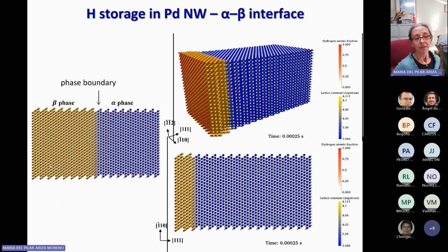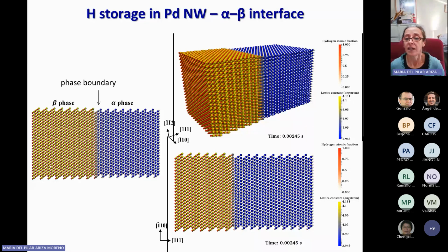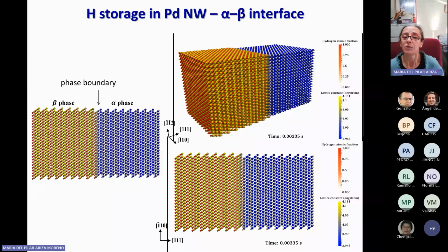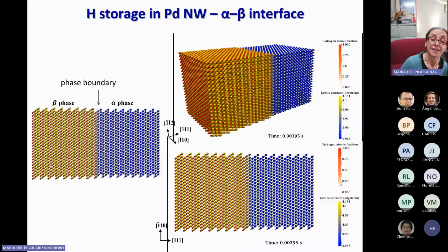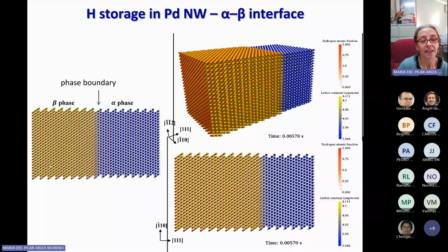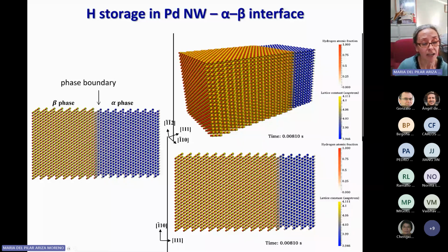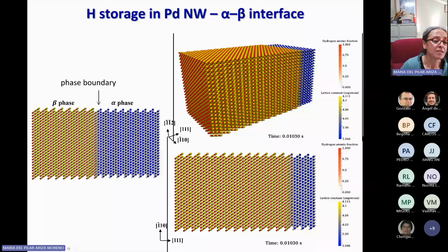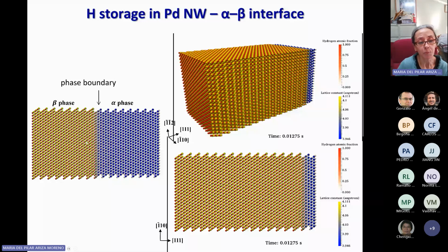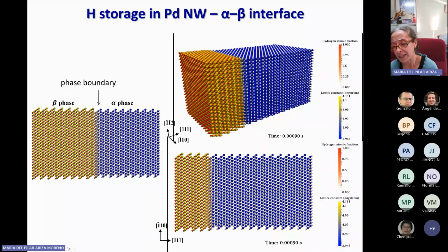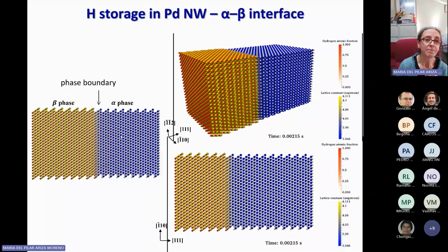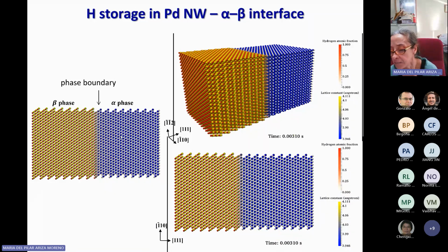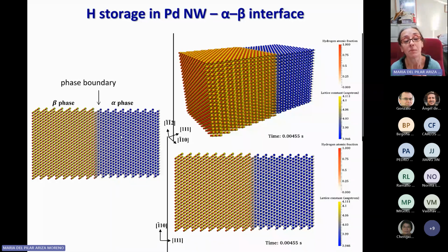Okay, so these are the first comparisons that we took for palladium. So you see here that in the alpha phase there is no hydrogen, and in the beta phase there is hydrogen. So this is the phase boundary that is going to propagate through the material when the hydrogen gets inside of palladium. So why palladium and not another material? Well, because it's a very simple model. It's simple in the sense that